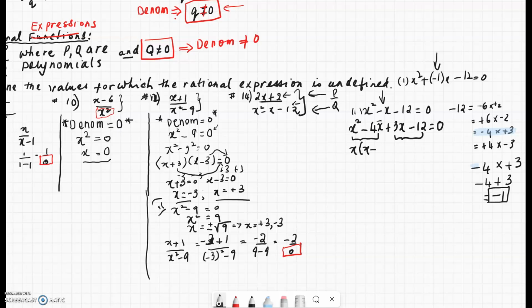There's 1x here, you factor it out, you get negative 4, plus, factor the 3 out, 3x is left with just an x, and 3 times 4 is 12, equal to 0. So x minus 4 is a common factor between these two. We factor that out and we are left with